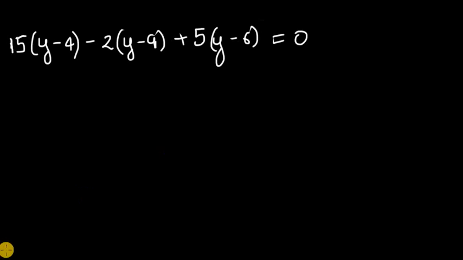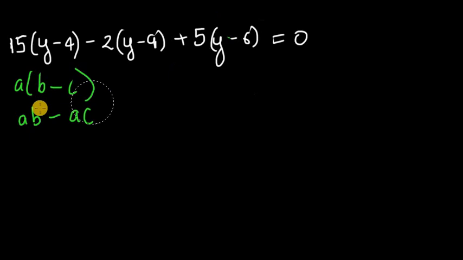So this is the next equation that we have to solve. So how can we solve this? Look at this. All these things are in the form of a into b minus c. So we have studied in the integers that this is the associative property. That means a into b minus c can also be expanded as a into b minus a into c.